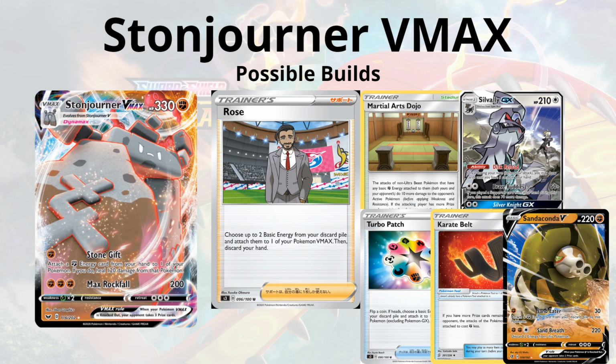So when I say that, I mean if you go second, you can go ahead and use Sand Eater for 30 or maybe even 40 with Martial Arts Dojo, or 50 if you have a Vitality Band. So you can swing for 30 to 50 damage for 1 energy and also accelerate a fighting energy to Sandaconda so that it threatens using Sand Breath next turn if they don't deal with it. Even if they do knock it out, then that's 30, 40, or 50 damage already on that Pokemon, so Stonjourner